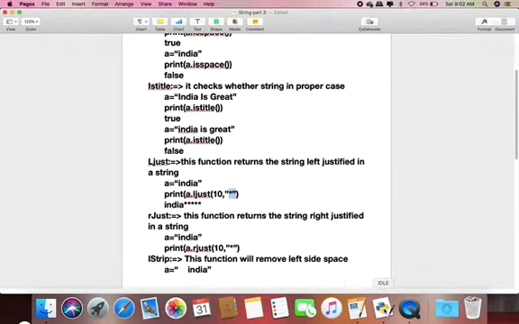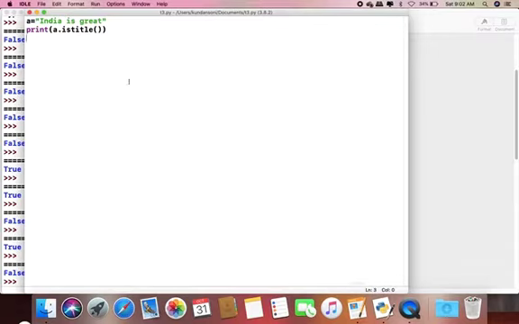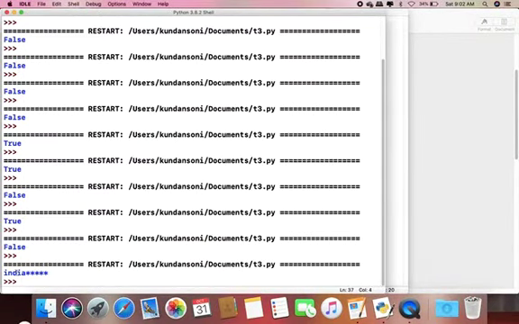So I use this. I write a equal to India, then ljust 10, and the remaining places stars will come. I save the program and run it. As you can see, India is left justified and in the remaining 5 places stars come.